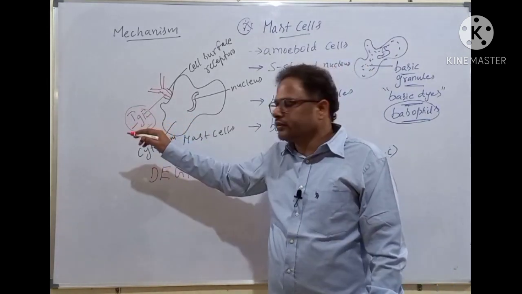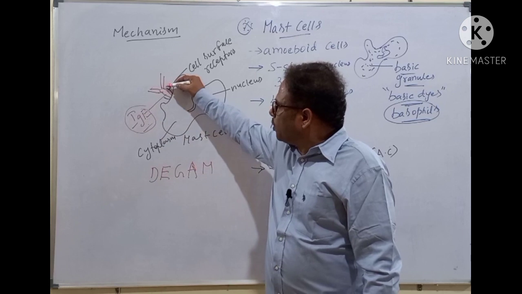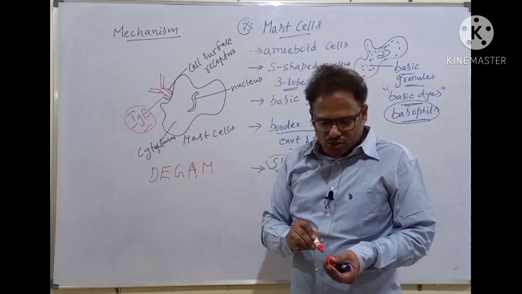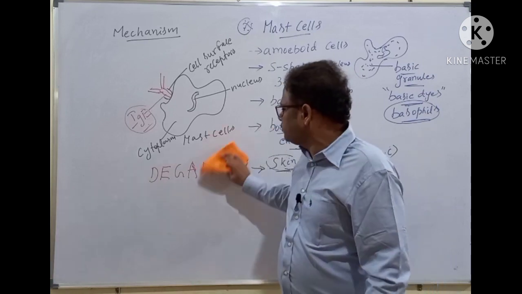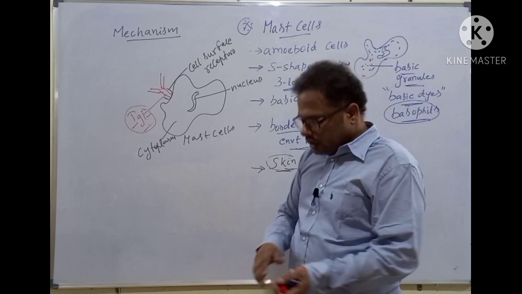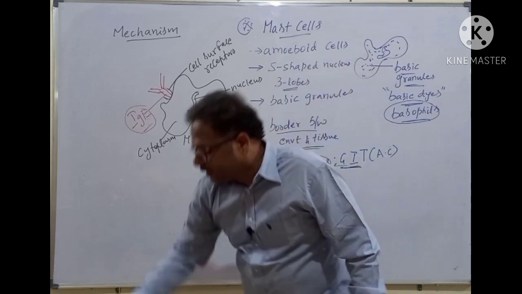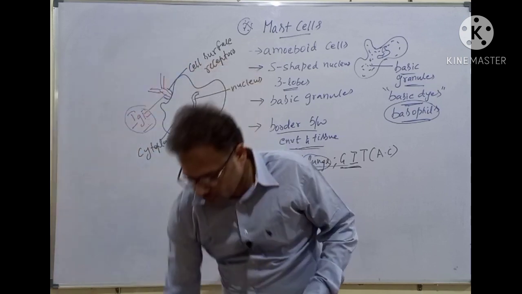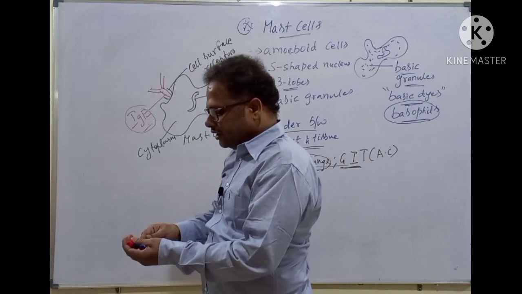Very important point. So the IgE antibody is present on the cell surface receptor of this mast cell. Clear, students? Now, whenever the allergen enters,